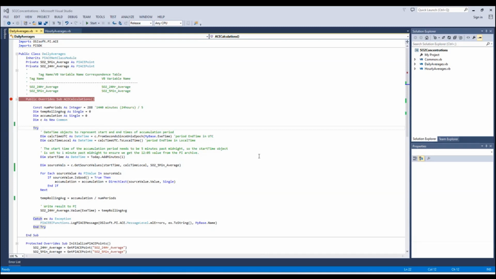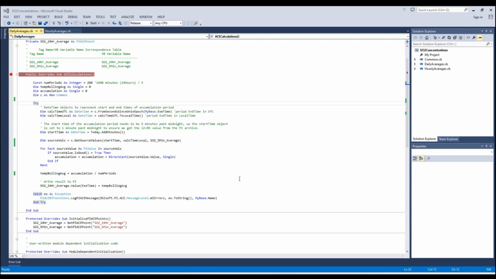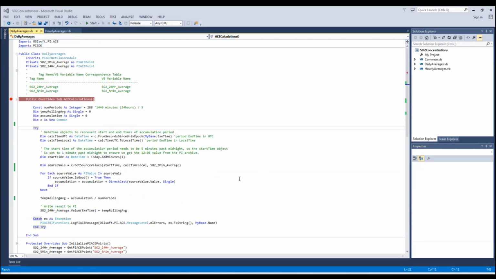I've already opened up the project, and this is a fairly simple one. This is a real calculation. It's one that I wrote probably about 10 years ago for a customer, and just prior to Asset Analytics. Today, this one probably could actually be migrated to Asset Analytics, but for our purposes, it will provide a great demonstration. So you can see in the top of the code that we're importing two assembly references,